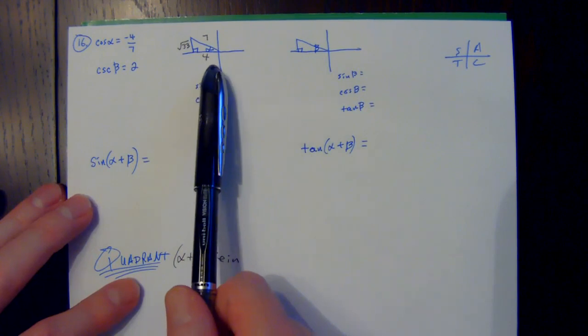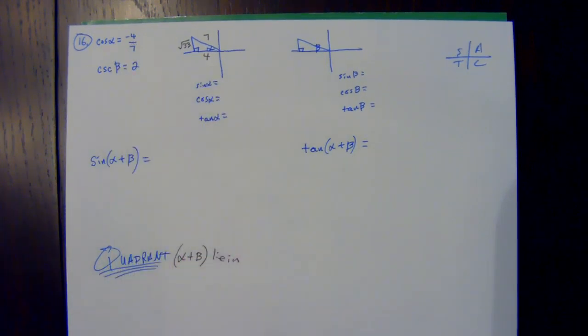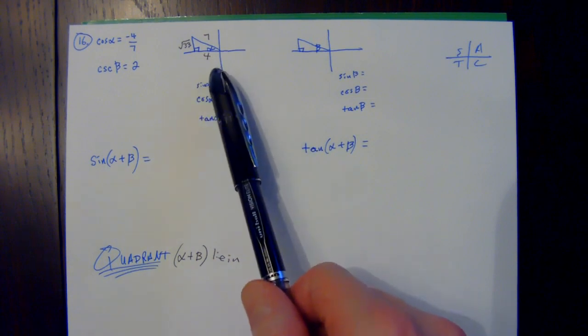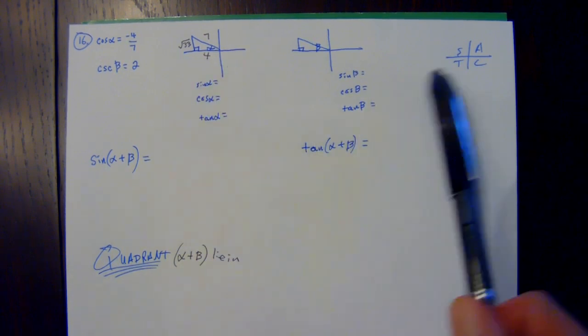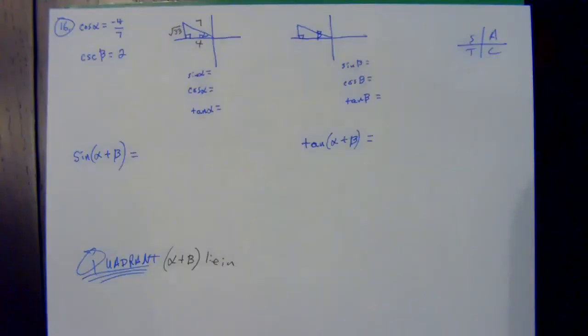And remember, I always label my triangle with positive sides. If you want to throw the negatives in there, you can. Just be careful with that. But I always use positives for everything. And then when I go down here, as long as I remember to do my All Students Take Calculus, I'm going to have my correct signs on this thing. So we're going to be good. Now,